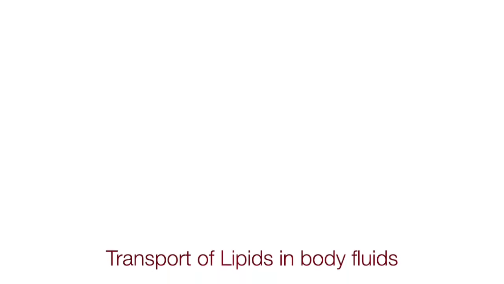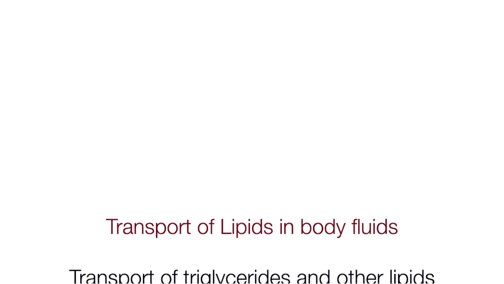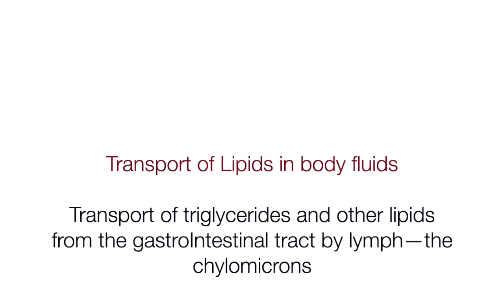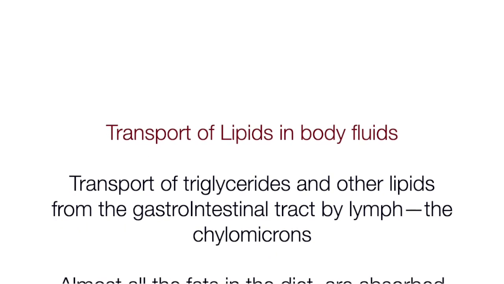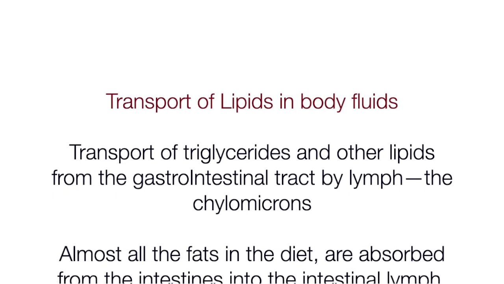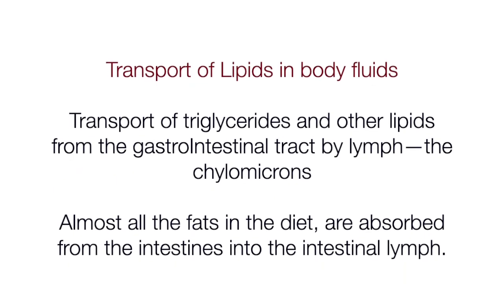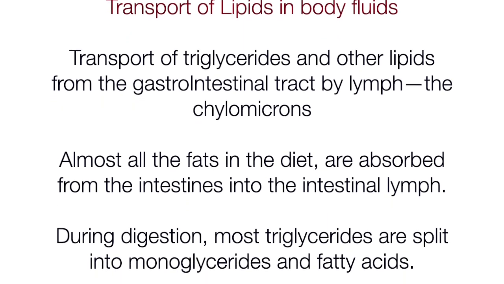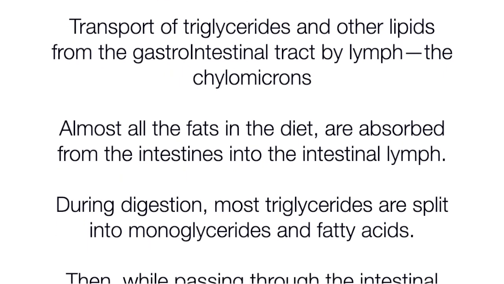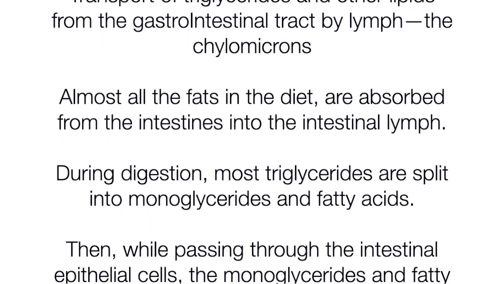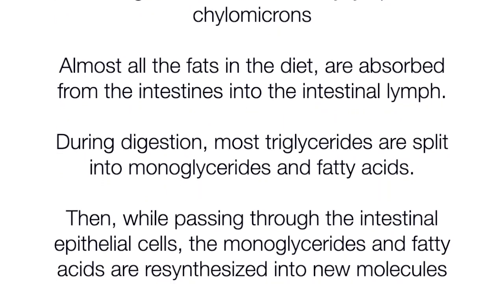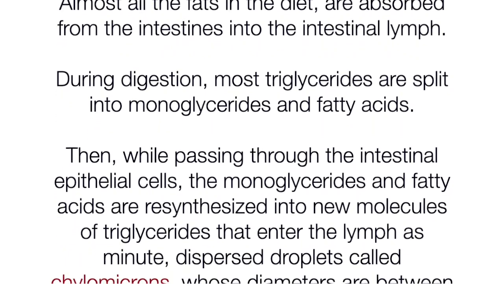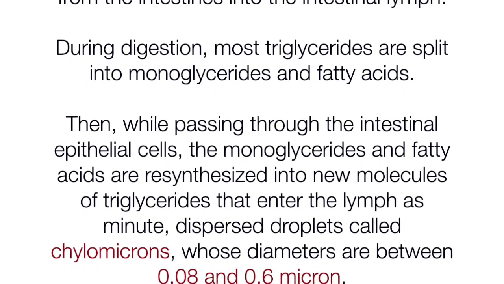Transport of lipids in body fluids. Transport of triglycerides and other lipids from the gastrointestinal tract by lymph: the chylomicrons. Almost all the fats in the diet are absorbed from the intestines into the intestinal lymph. During digestion, most triglycerides are split into monoglycerides and fatty acids. Then, while passing through the intestinal epithelial cells, the monoglycerides and fatty acids are synthesized into new molecules of triglycerides